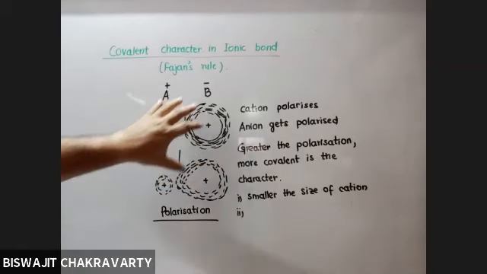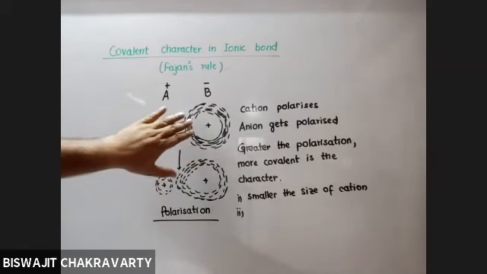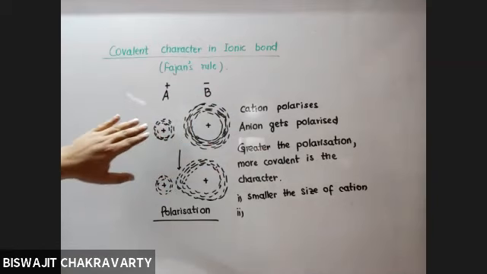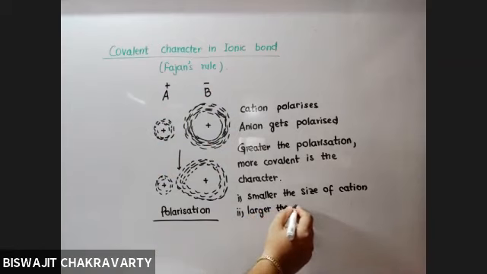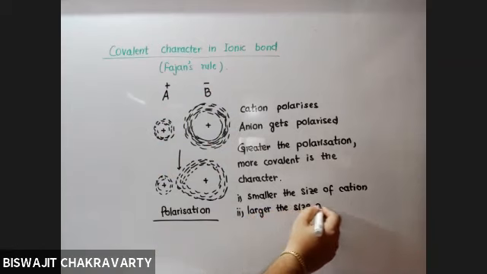But because the electron cloud is large, it easily gets attracted by the nucleus of the other, isn't it? Yes, sir. So larger the size of anion,